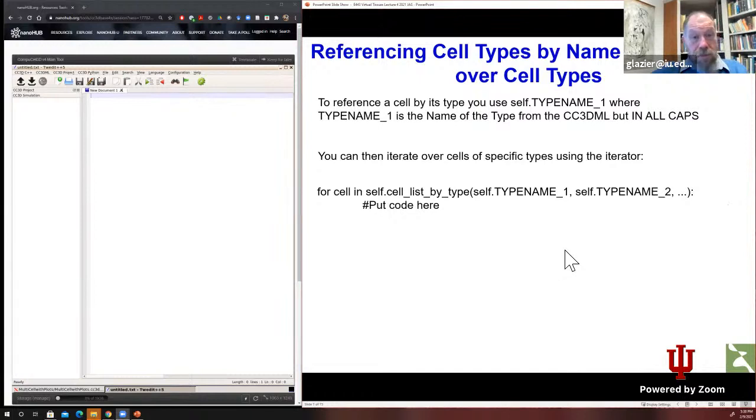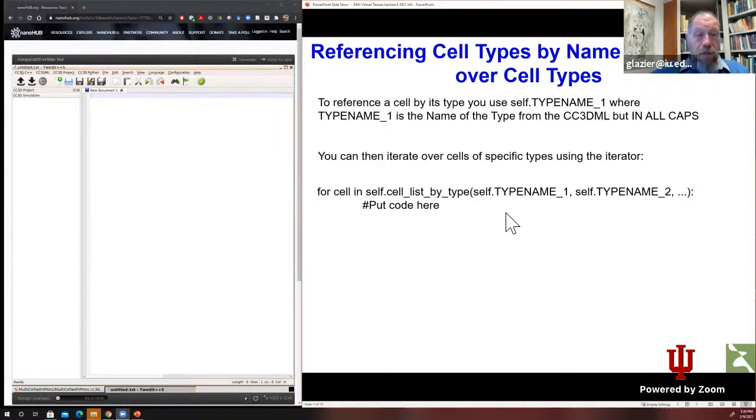Something that I meant to mention last week that I forgot is that when you create cells, every cell has a unique ID, cell number 1, cell number 2, cell number 3. It also has always a type. And we created in the XML a list of cell types, medium, mesenchyme, cell number 1, and so on. In the old days, you had to refer to cell types by number, so you had to remember them. Instead, it's more convenient to identify cells by a named type. And so you use a